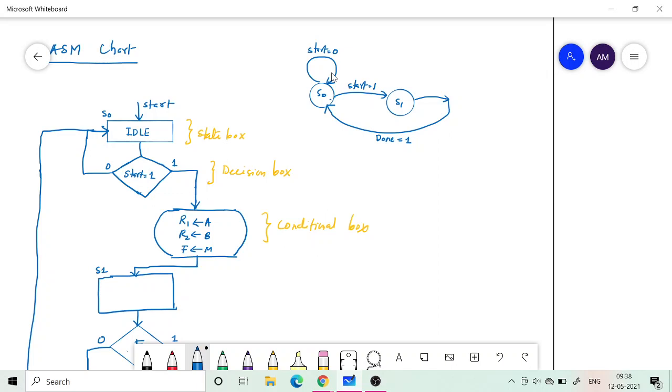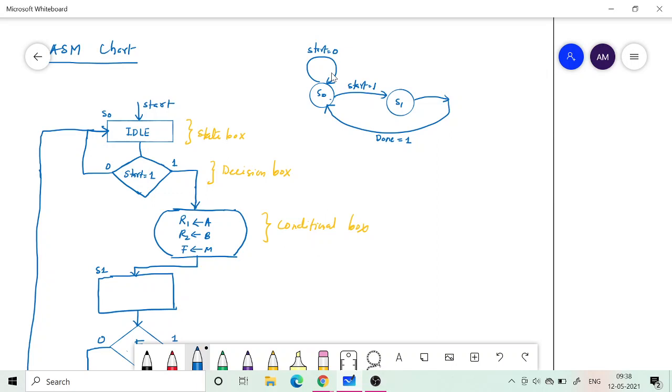So it is at S0 to start with, I will repeat, and if start is 0, it will continue to remain there. But if start is 1, it will go to state S1, and then in the next clock cycle it will go back, because it only requires 1 clock cycle to perform the computation, multiplication or maybe addition. That is the assumption we have taken if you are using the array multiplier. There are other multipliers which would require more time, so I will come into that a little later.